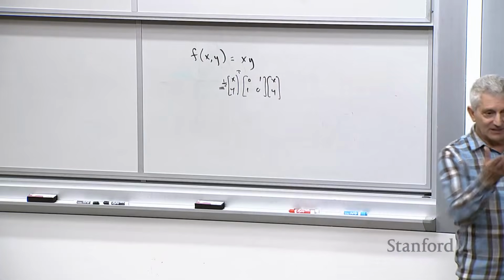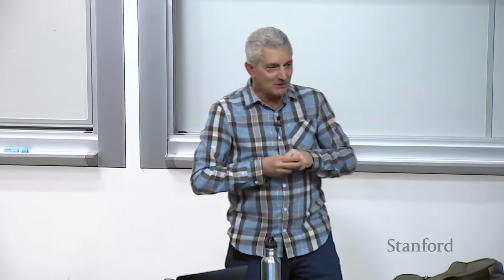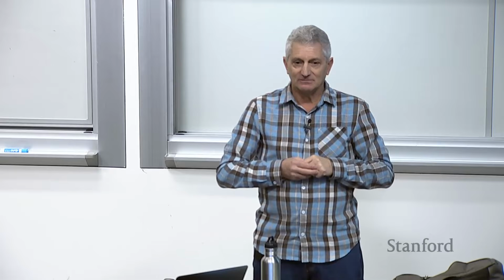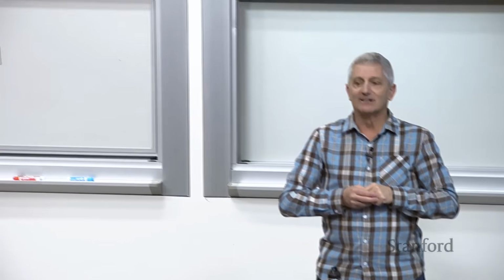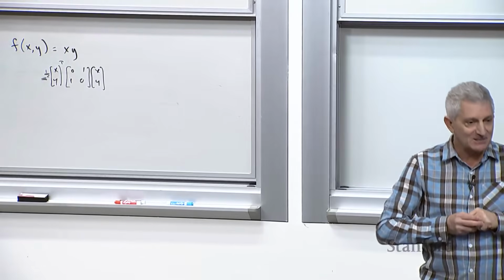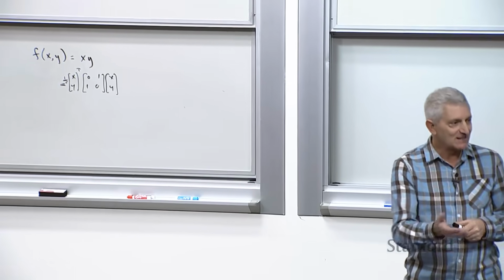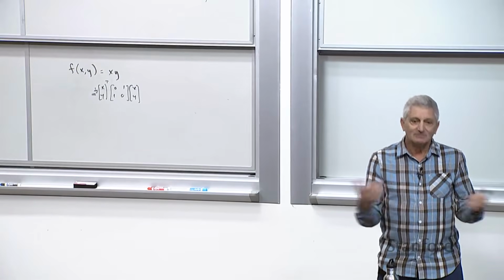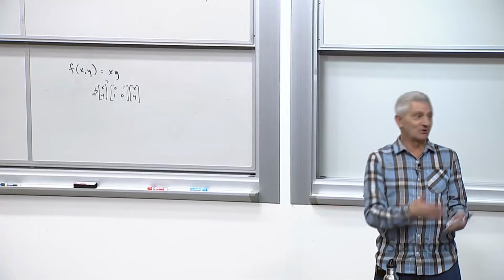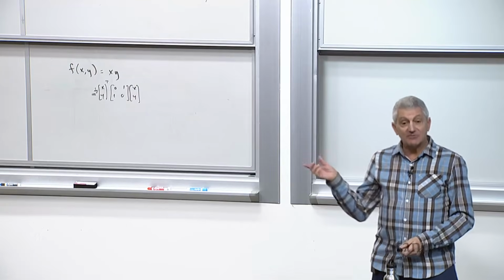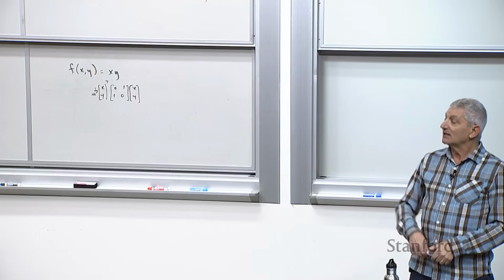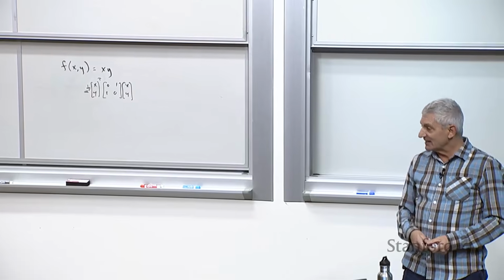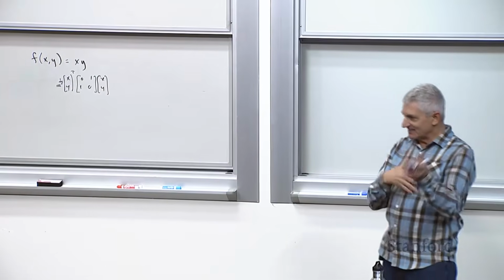Now, in your mind, please fix y and tell me if this is convex in x. It's linear. Now, in your mind, fix x, please, and tell me what is the curvature in y. It's linear. So it's convex. It's both convex and concave, right? Is the function convex? Well, its graph is a saddle. I think you'd suggested that, right? So that's how you know it's not.